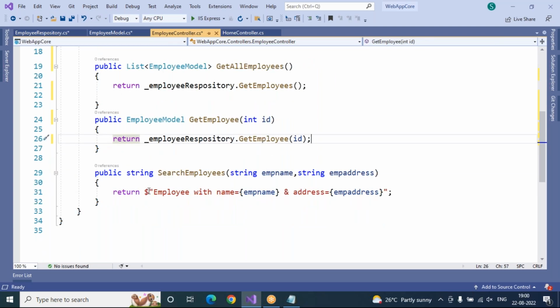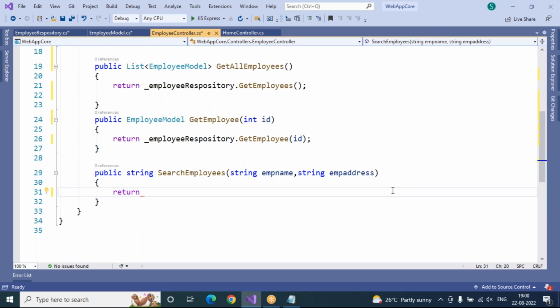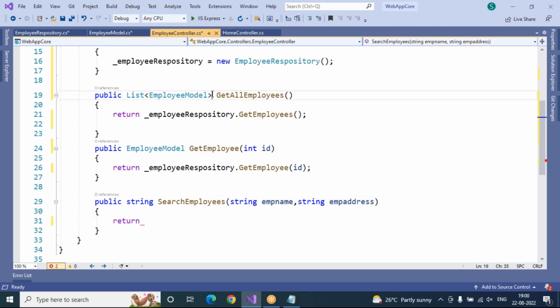But now, search employees also I want to return, or not? Yes, what is the return type in search employees? Again, list of employee model only. Search employee means this will be written here. Copy this and, instead of string, paste it here. Now you can see here